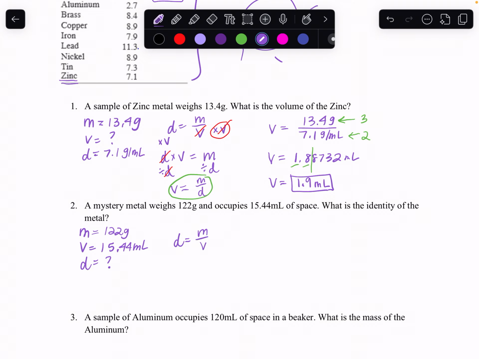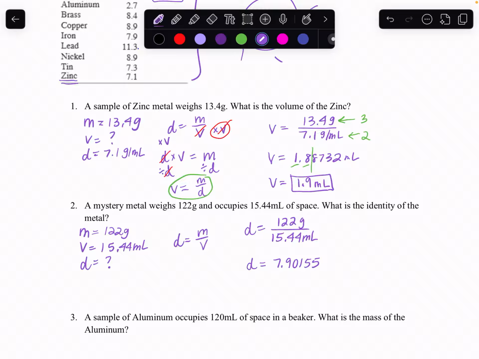Density equals mass over volume, and all you got to do is plug your numbers in. So density equals 122 grams over 15.44 milliliters. Fantastic. So, just put it in your calculator and you should pop out with an answer